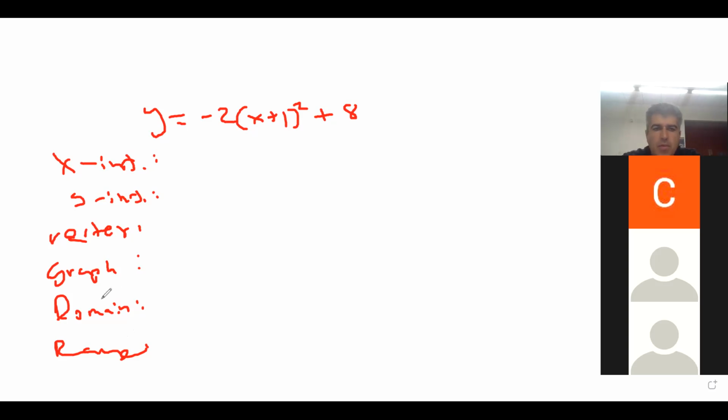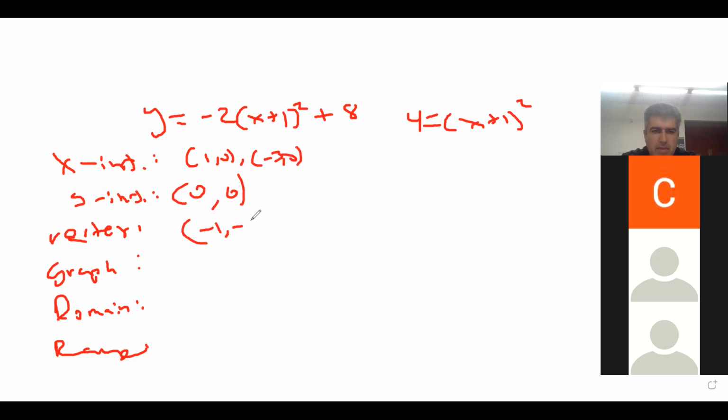Okay. So hopefully you get your y-intercept as 0, 6, I think. And your x-intercepts, I think, should have 4 equals x plus 1 squared. I think that'll be 1 and -2. No, 1 and -3, I think. Yeah. Vertex will be right halfway between, well, obviously it's -1, -8. If you graph it,